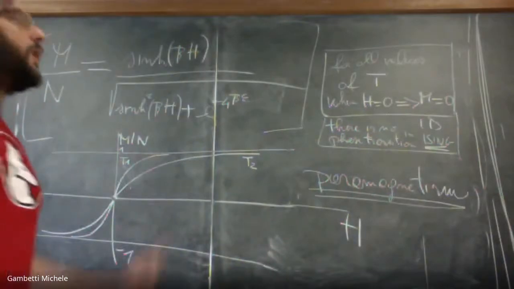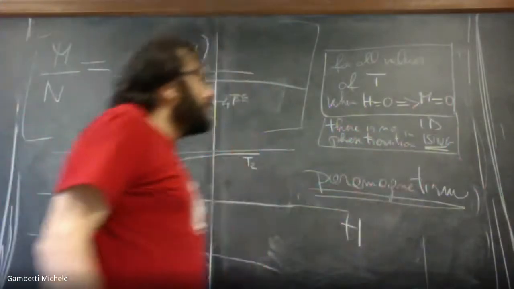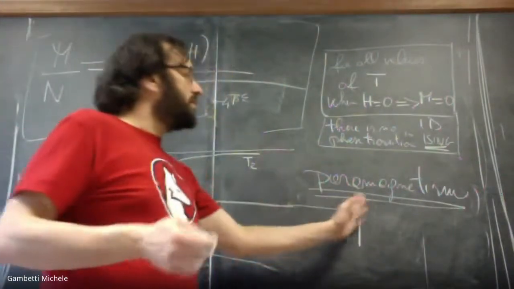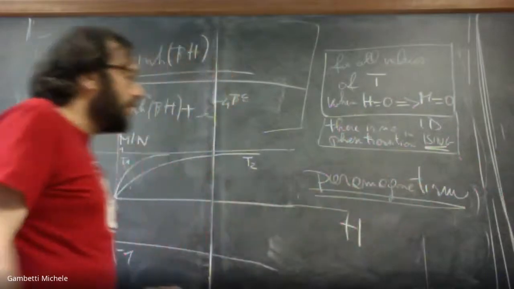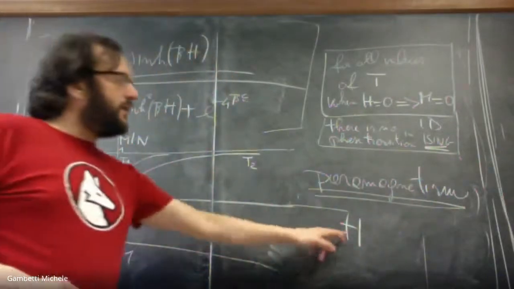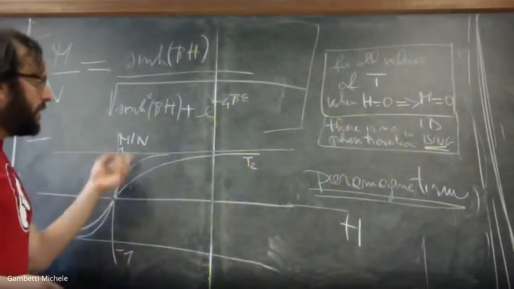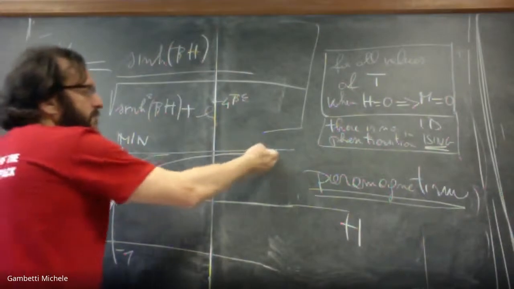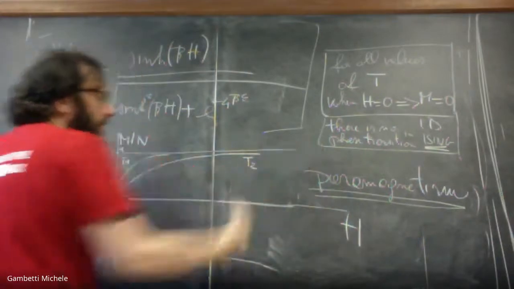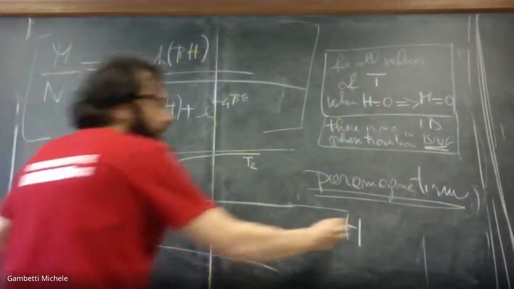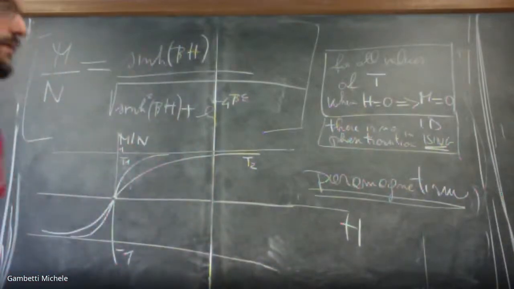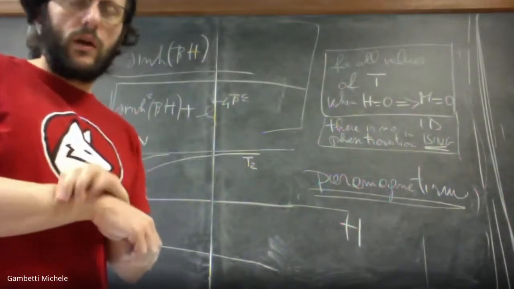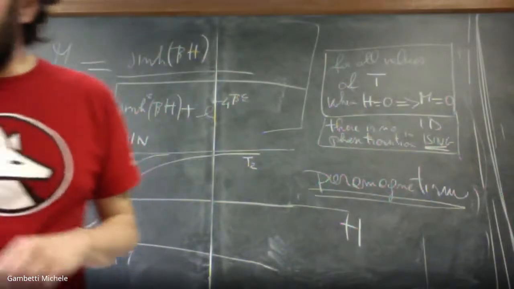When dealing with the one-dimensional Ising model, there is no phase transition. The behavior is just, let's say, the smooth paramagnetic behavior in which if you switch on the field, then you have a certain degree of magnetization, and the material is fully magnetized when H is going to infinity or minus infinity. But when H is equal to 0, then the magnetization is equal to 0 regardless of the value of the temperature.